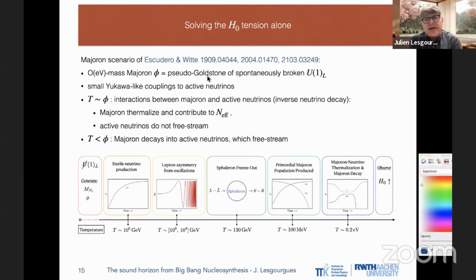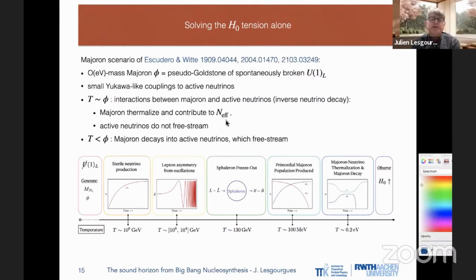And these models can have a very rich cosmological phenomenology. What is particularly relevant for us is what happens at late time, at recombination and after. If you assume that the Majoron mass is of the order of the electron volt, then at the approach of photon decoupling and recombination, the interactions between the Majoron and the active neutrinos can rethermalize the Majoron that thermalized the first time in the early universe. They rethermalize at the approach of decoupling and contribute to N effective, which is very useful for solving the Hubble